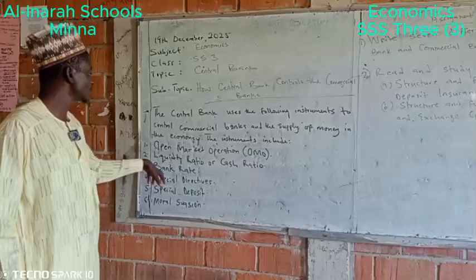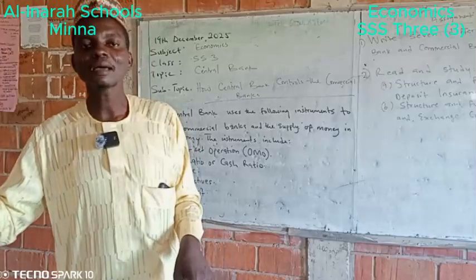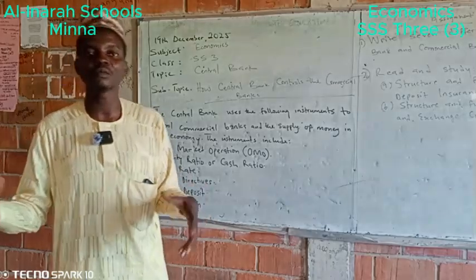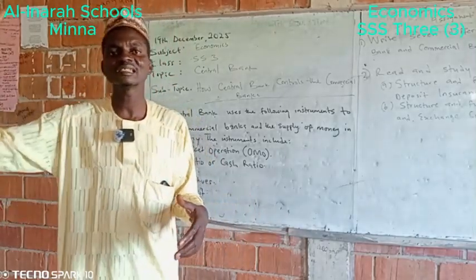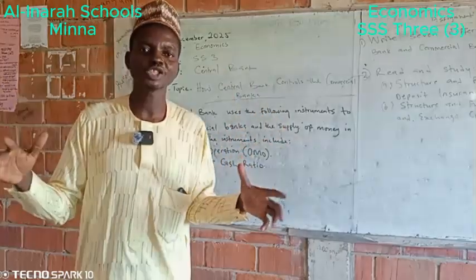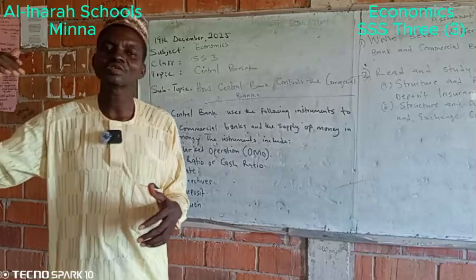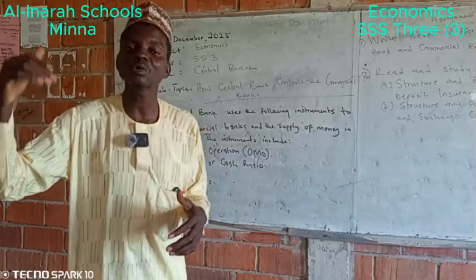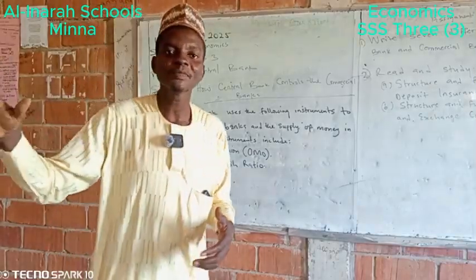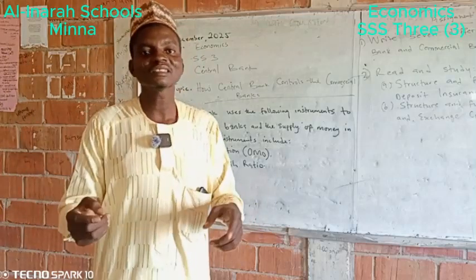The third one is bank rate. We are simply talking about interest rate here. The central bank uses interest rate in order to control the volume of money in circulation, in order to increase it or reduce it. If there is high volume of money in circulation, the central bank will increase the interest rate in order to discourage the commercial banks, because they also used to borrow money from the central bank, that will discourage them from borrowing. And as the commercial banks are having little cash with them, that means they will be able